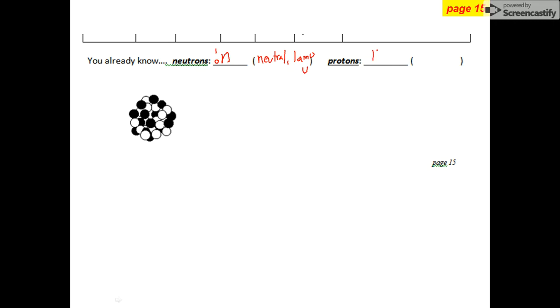Protons, we could write them this way. They're like hydrogen nuclei, or we could also write them this way, a proton with a mass of 1 and a charge of 1, meaning +1. They are